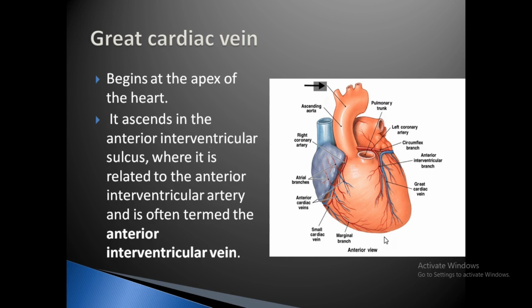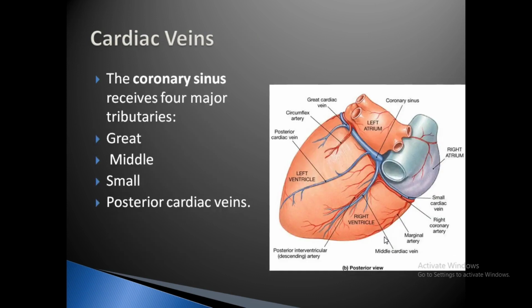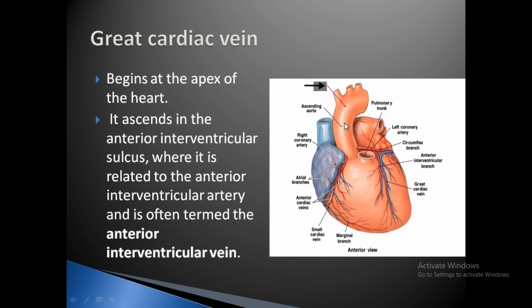So the great cardiac vein, now you can see it is much clearer in this picture, that is the great cardiac vein, which originates at the apex of the heart. It ascends in the anterior interventricular sulcus, where it is related to the anterior interventricular artery. You can see it is related with the anterior interventricular artery, and it is also termed the anterior interventricular